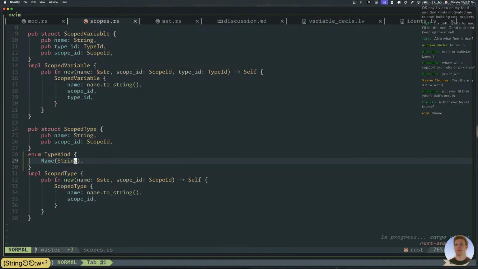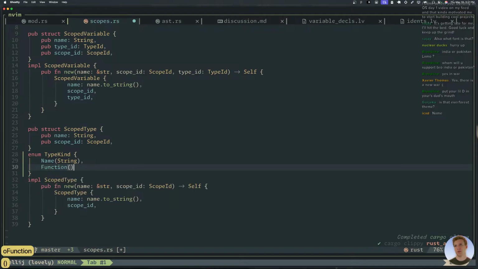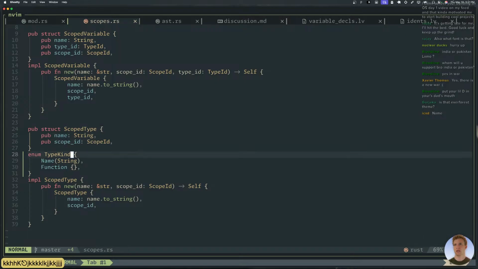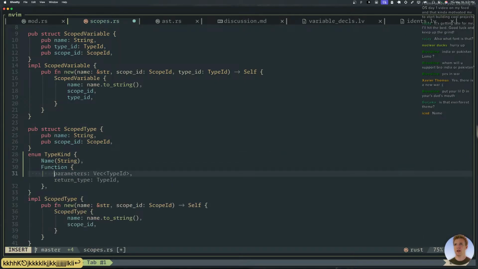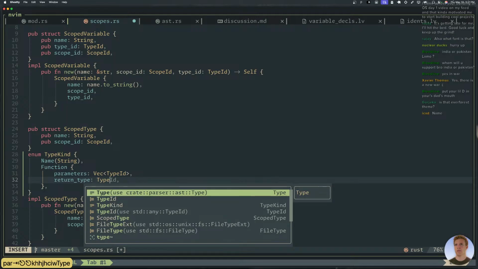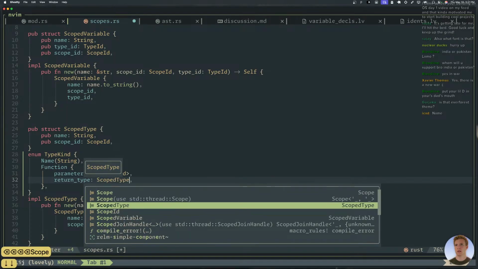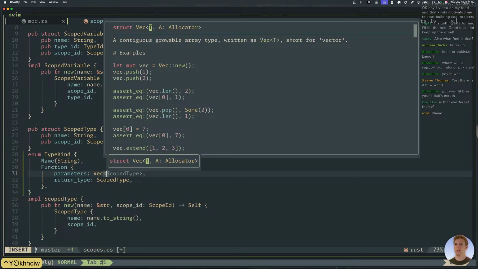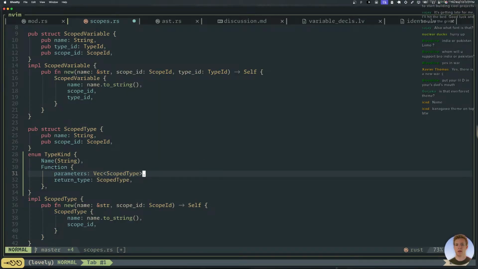Name string, or it can be function type, which is different. Function type has parameters. No, this is a type. And this is a scope type as well.